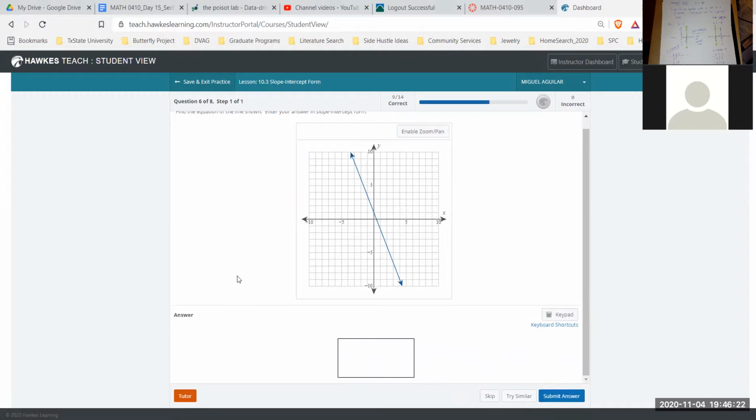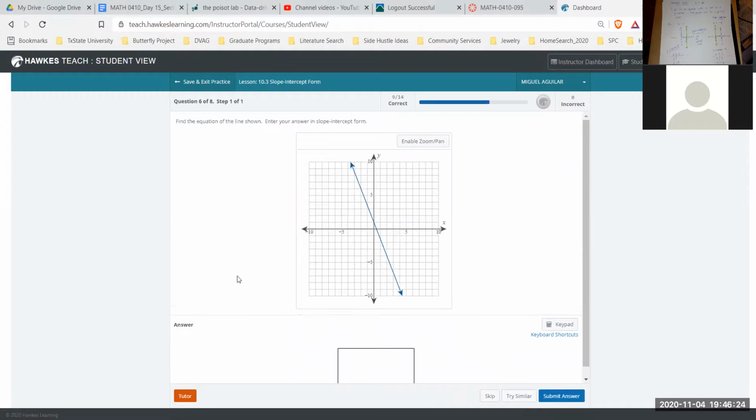Okay. Now, these kinds of questions, they just give you a graph, but they don't give you points. And they're asking you to find the equation in slope-intercept form. Okay, so I find that these kinds of problems are more complicated because they ask you to do a few things. So in order to get the slope-intercept form,